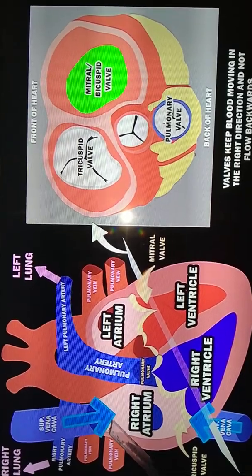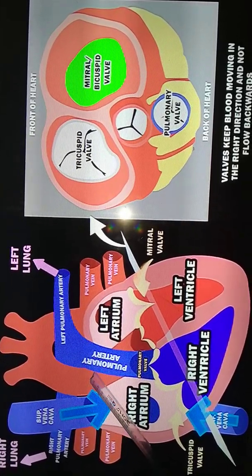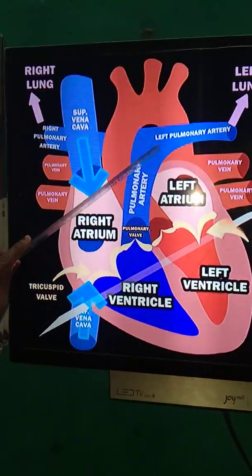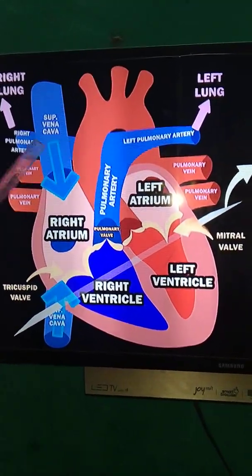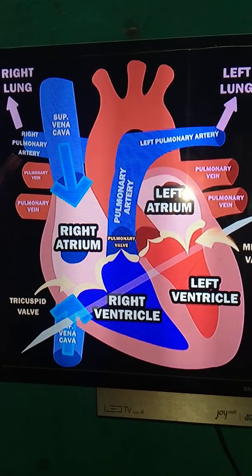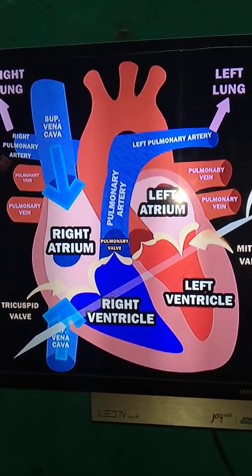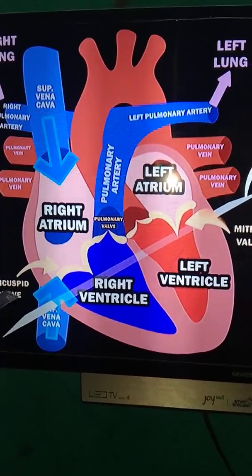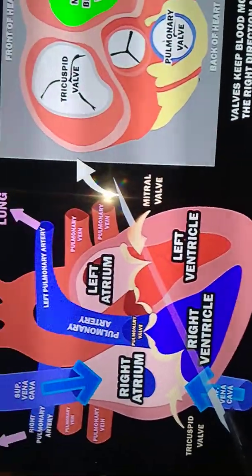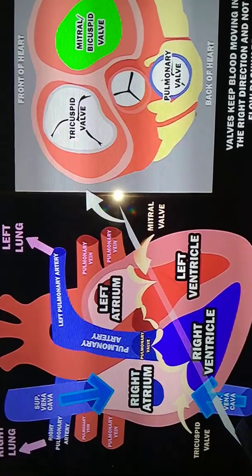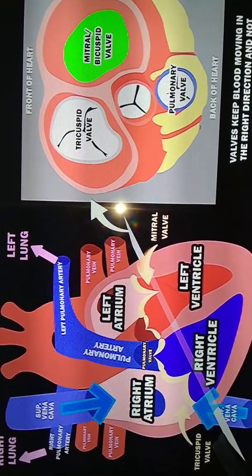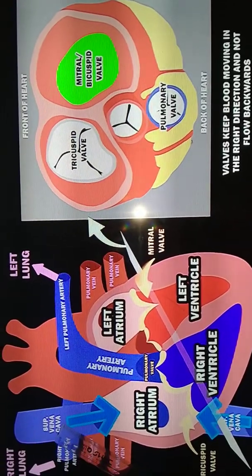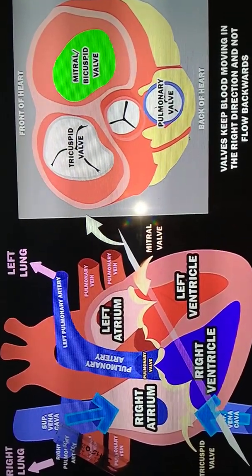This heart is attached to the lungs, children. The heart is attached to the lungs with the pulmonary artery. You can see here left pulmonary artery and the right pulmonary artery. And at the same time you can see here superior vena cava and the inferior vena cava. It is not there in your reader, but I am giving the extra information. I will explain the vena cava in the circulation of the blood.